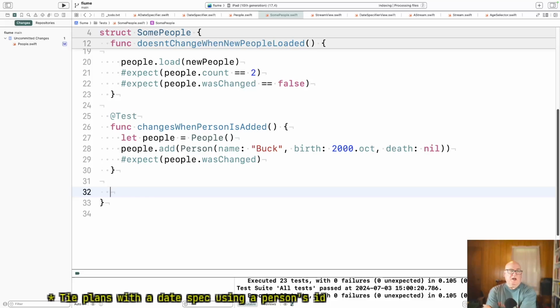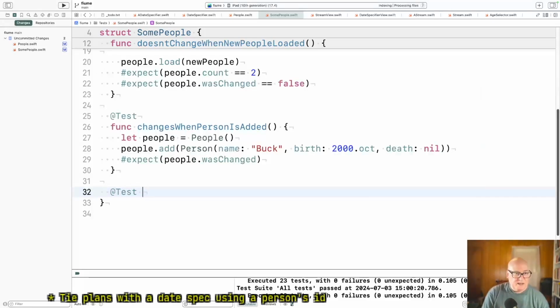I don't know if "some" is the right word for this. Usually I think Jeff Langer came up with the naming convention we're using, and he does "a" or "an", but that sounds funny for a plural noun. He uses "some" for more like utility functions. I think maybe this should be like "the people." That might work. Okay, we'll hold that thought.